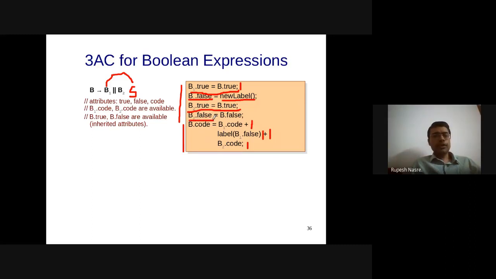And B2 dot false: if it turns out that B2 is false and you have reached here, that means B1 was false as well as B2 was false. Then B is totally false, and you need to go to the else part. It need not be the else part, but it could be some place which starts evaluating another Boolean condition, or some place where another statement S2 needs to be executed. So whatever is given to us using B dot false becomes the assignment to B2 dot false.